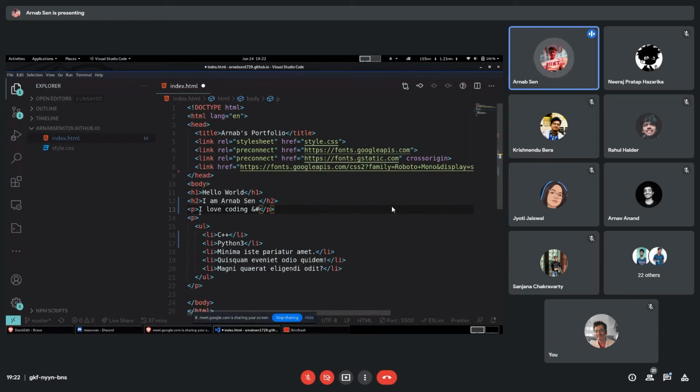So you can put an ampersand, then a hash, and then either you can use the Unicode value in decimal, or you can use the hex as well. If you want to use the hex, you have to add an X over here and end it with a semicolon. If you do that,